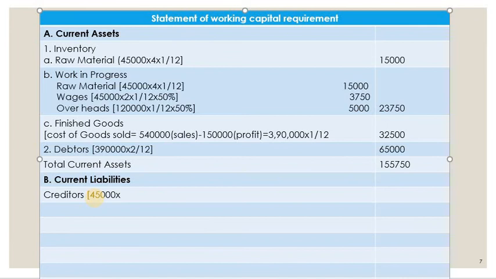So is there any current liability? Yes, definitely. Creditors are there. We have just seen now. Creditors. So how to calculate creditors? Again, take the total number of units produced into the creditors period. So creditors are calculated on raw material. So how much is the price of raw material? It is 4, into the credit period given, which is 3 months. So 3 divided by 12. So 3 months into total months, that is 12 months. So how much is the creditors?